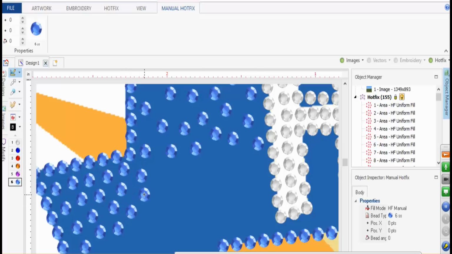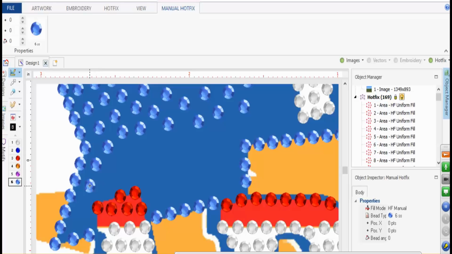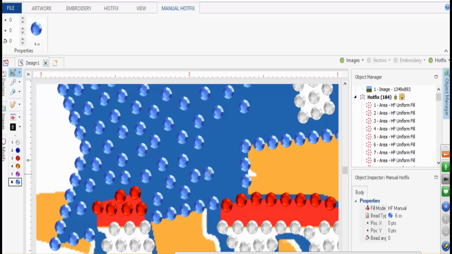And see now, I'm just going to try to be a little bit more consistent with this. I'm going to be as sporadic as possible. Trying to get my stone placement between two stones, because when it's lined up between two stones, it gives more of an optical illusion that it has more stones than there actually are. Okay? You can see, and we'll just do half of this thing, and we'll zoom out and take a look and see what it looks like. See, by staggering your steps of stones,